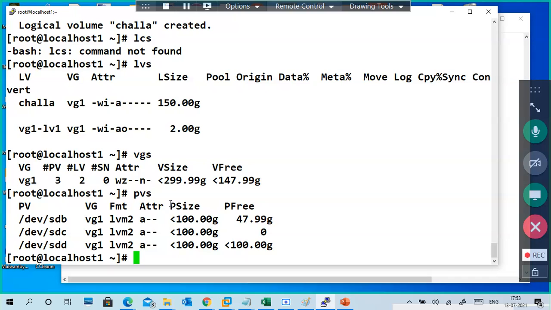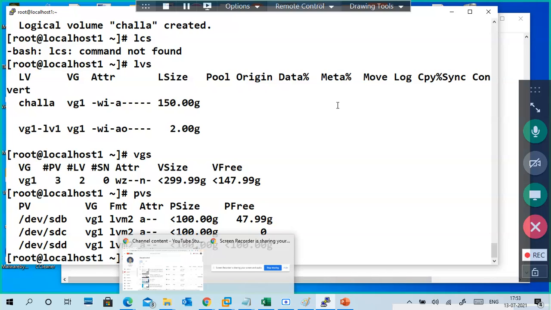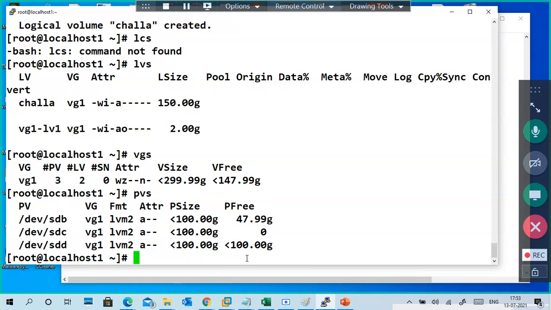It means 100 GB taken from SDC and 50 GB taken from SDB. SDD still has the full 100 GB. It is automatically allocated like that.